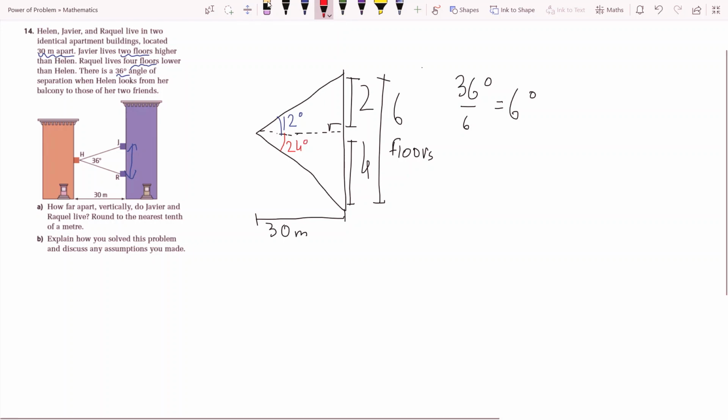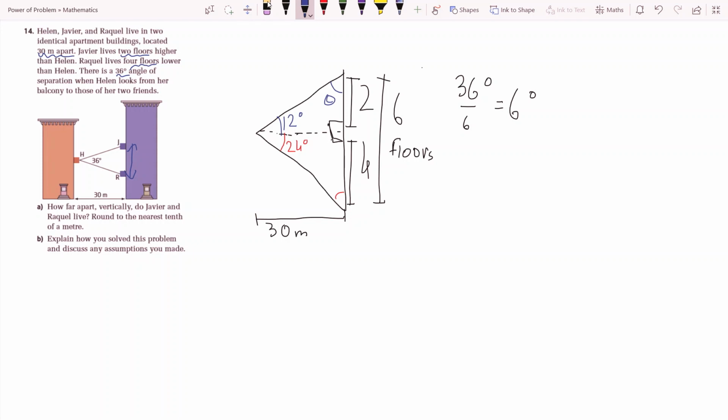Now, how is this helpful? This is actually quite helpful because now we know this angle and we know this angle. Since both of them are right angle triangles, because we're assuming that the building is obviously straight and not leaning like the Leaning Tower of Pisa, this makes our life a lot easier. So we can just find out this angle. Let's just call it